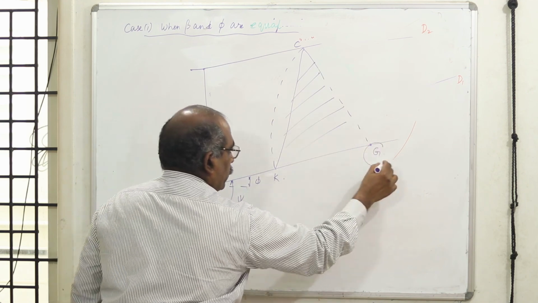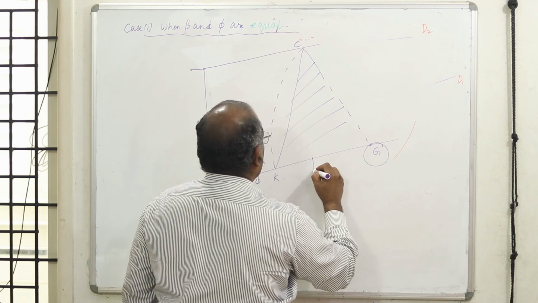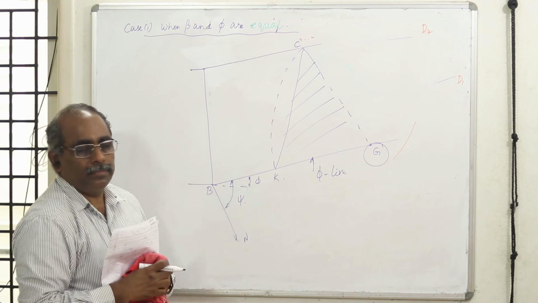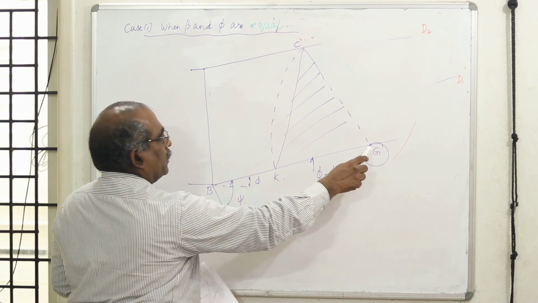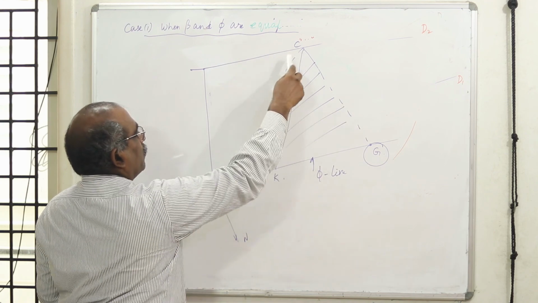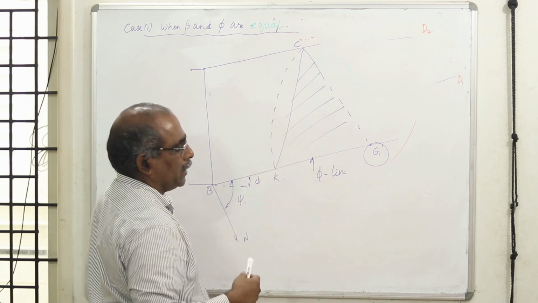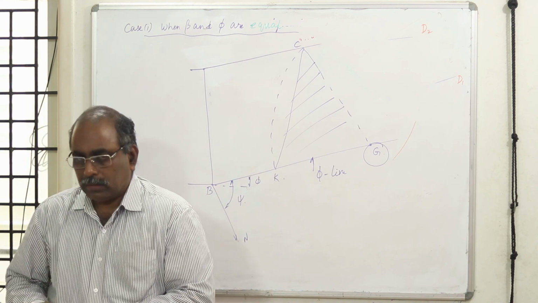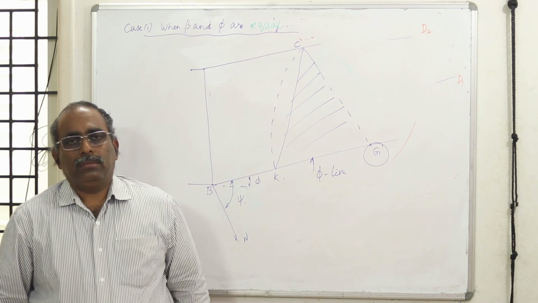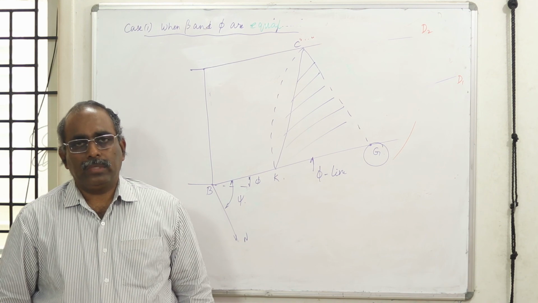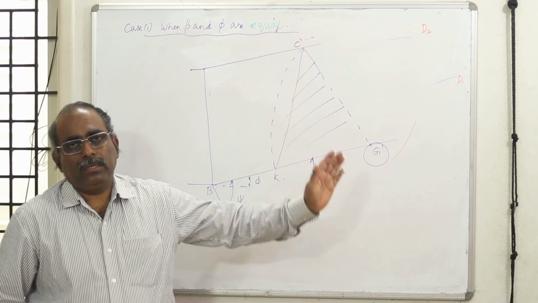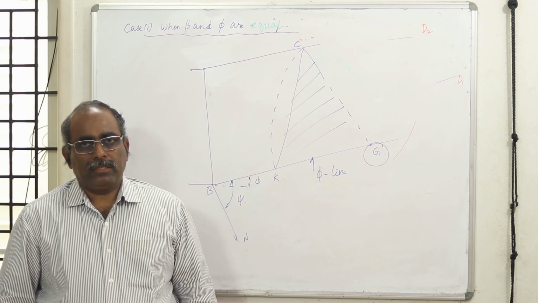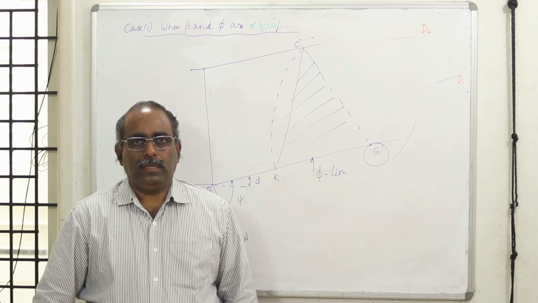You take any point on this phi line. This is the phi line. On the phi line, you take any point, then from there you draw a line parallel to the psi line. From there you drop an arc and you join this and you get this triangle. This is a simple case. Very straightforward case. Nothing to bother. But the procedure is very simple and you get your delta. Once you get your area of the triangle, you can multiply with unit weight, you get your thrust. You can even do it for various cases with surcharge. You can take up those cases independently.